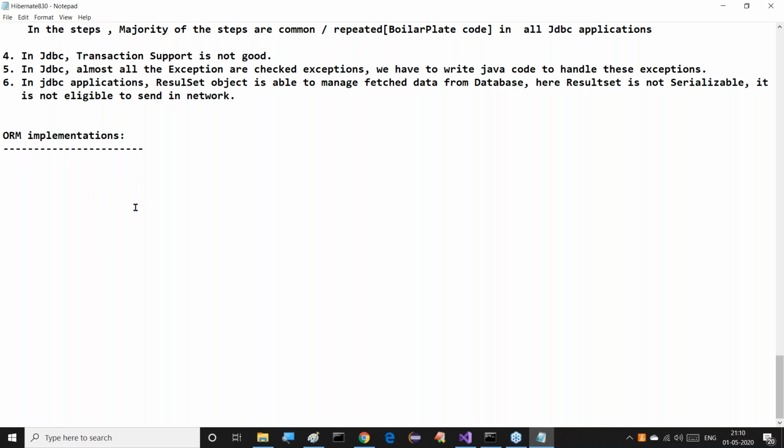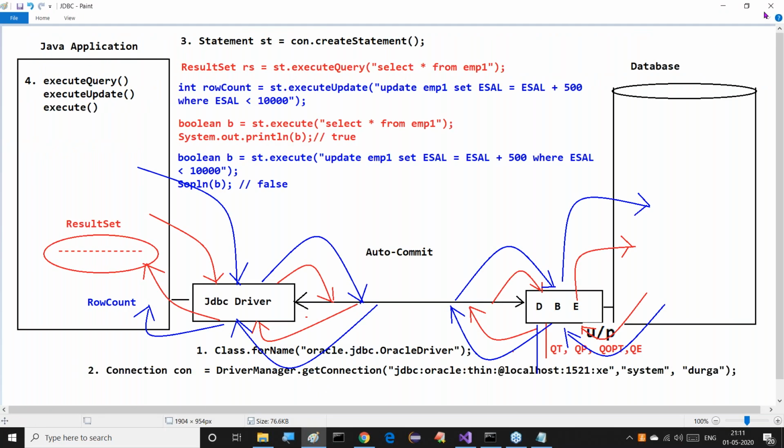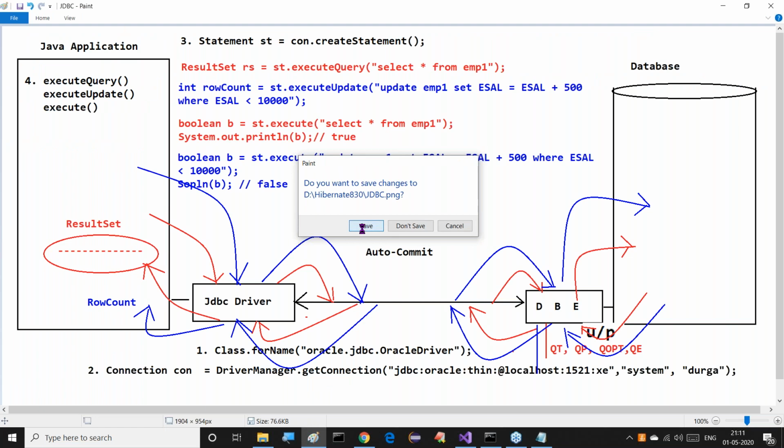For a long time we have been using the word ORM. Even in the very first class, the demo class, I used the word ORM almost 20 to 25 times. Now we are going to understand what the need of ORM is and what exactly the purpose of ORM is. All of you observe this clearly. Right, now I will take one simple diagram, a simple application kind of thing. Just try to observe this clearly.